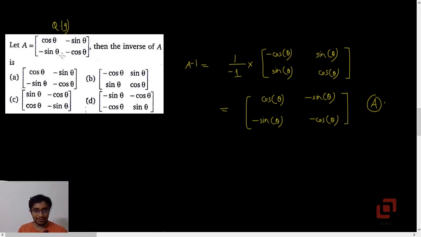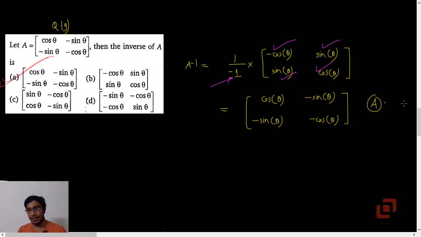Same. Well, the matrix is different, but essentially based on the same formula. Inverse of A: 1 upon AD minus BC. So it is 1 upon minus cos squared theta minus sin squared theta. If you take that minus sign common, you will get minus 1 into... change the positions of the diagonal elements. So it will be minus cos theta, and just change the signs of the other two, sin theta, sin theta. And because the determinant is not plus 1, it is minus 1, every entry in the matrix should change its sign. So cos, minus sin, minus cos, cos, minus sin, minus cos. That is option A.